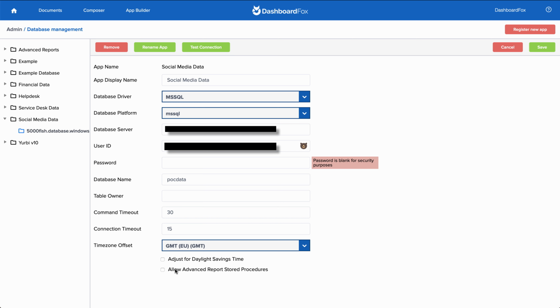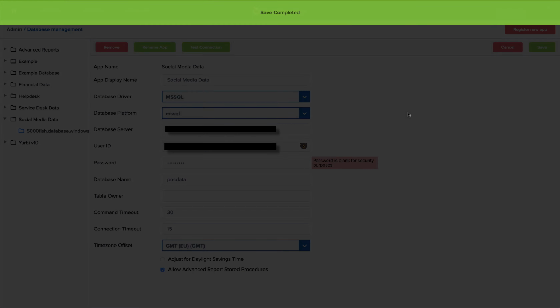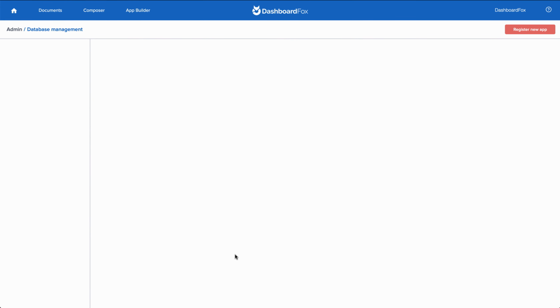So we don't want to just assume that if you have stored procedures on that particular data source, you want to make them available to users. So by default, that's turned off. If you do want the stored procedures on this data source to be available, we want to check that. We also want to make sure that we retype in the proper password, test that connection to make sure that password is correct, and then click the Save button to enable the advanced stored procedure functionality.